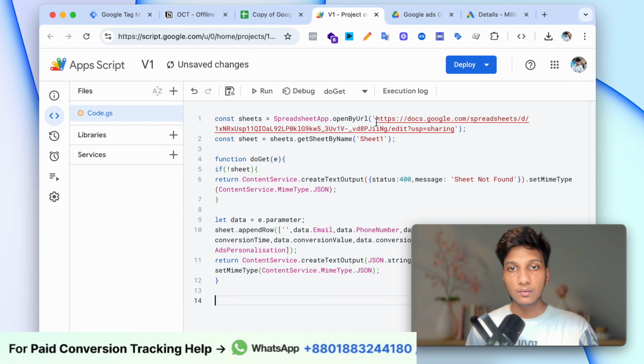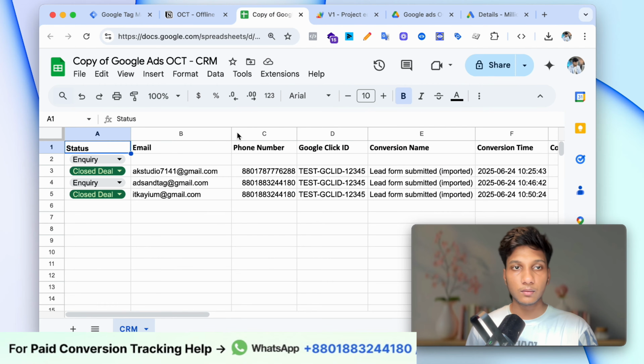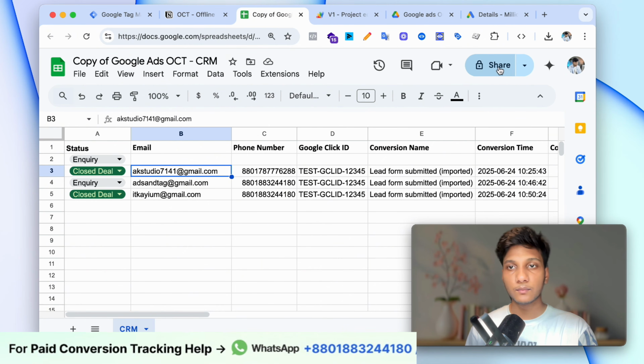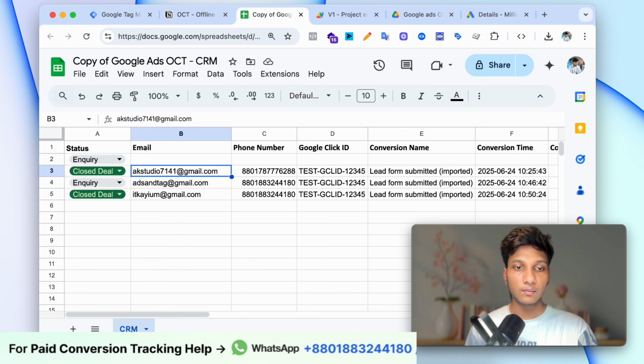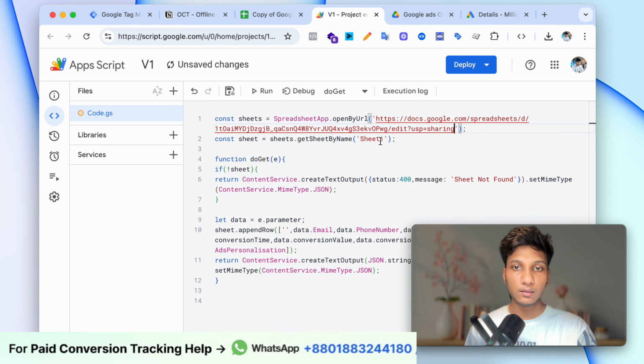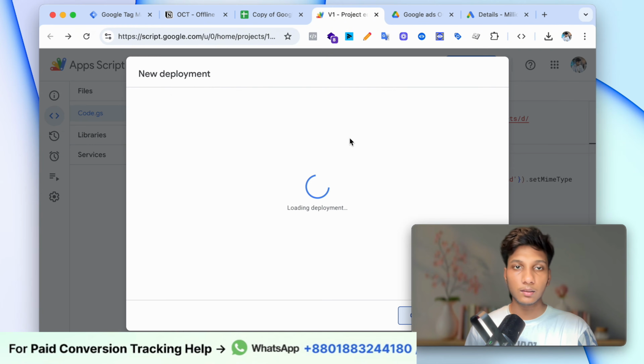Here you have to change this URL with the URL you copied, the copy of Google Ads OCT CRM. So I just copy this URL and change it with my CRM sheet. Also you need to change this with your CRM, rename this: click here, copy this, go here and paste it, rename. And all done. Just click Save, make sure you add a name, and click Deploy, New deployment,